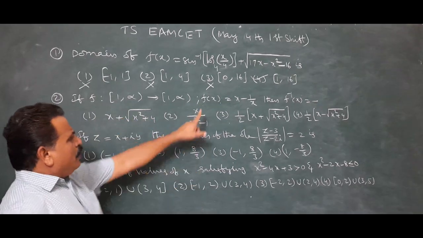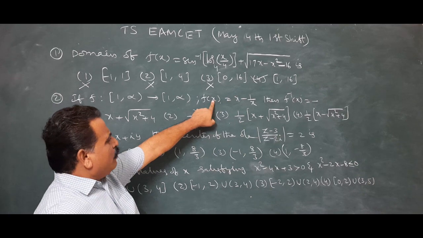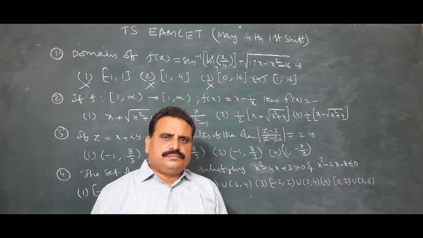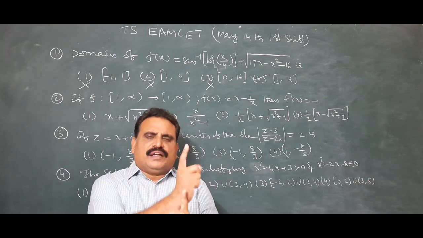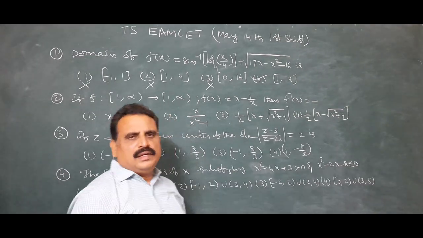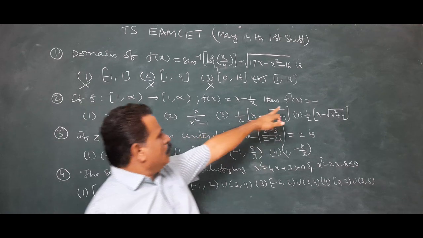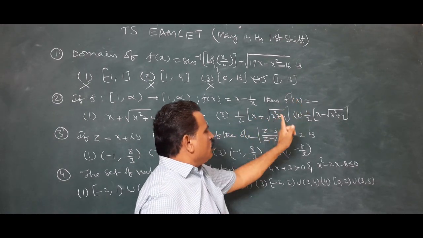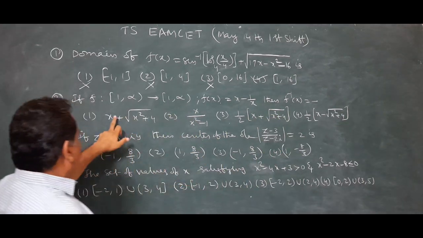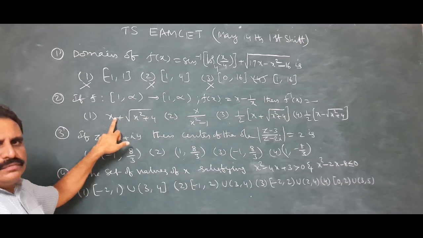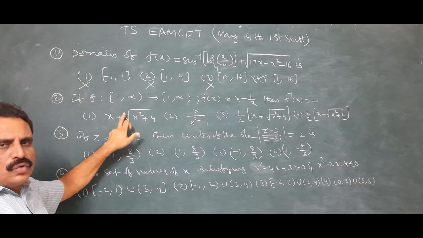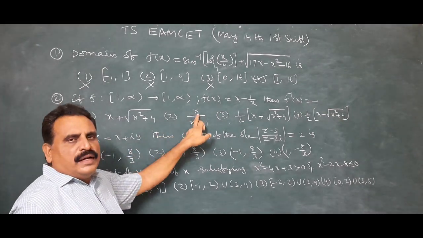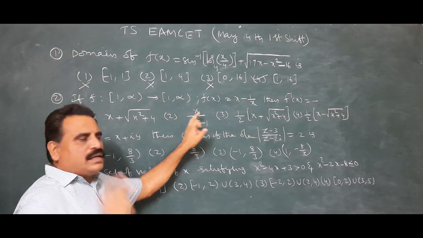Let us observe. Let us take f of 1. f of 1 is 1 minus 1, which is 0. So f of 1 equals 0, so taking it the other way, f inverse of 0 is 1. If you substitute x equal to 0, which option gives 1? Check that. x equal to 0. Is it 1? No, it is 2. Root 4 is 2, wrong. If you substitute x equal to 0, here it is 0, but 1 is the right answer.